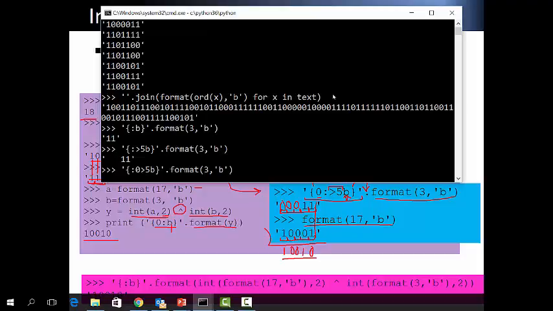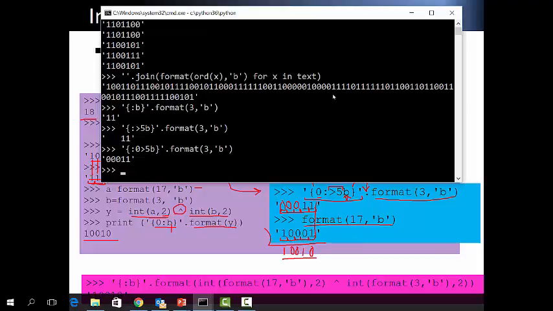I want to pad 5. Okay, good. So instead of a blank, I want to pad 0. Whatever the empty space, I want to put that 0. So 0, 0, 0, and 1, 1. Okay.